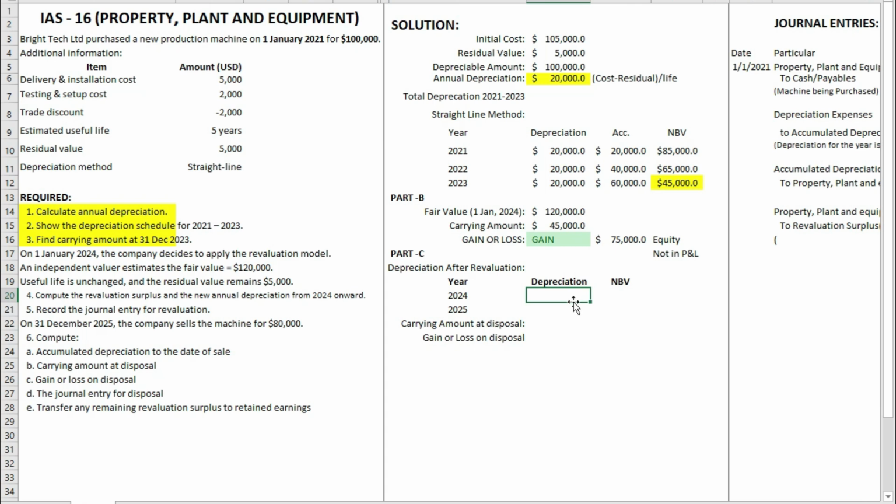So let's find out the depreciation amount for this. It was how much now? The depreciation amount, it's 120,000. It's our new net book value, you can say. Okay, so the revalued amount minus our residual value, which was the scrap value. So it will remain the same. Our scrap value will remain the same, and divided by